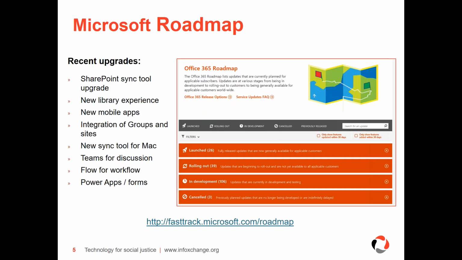Microsoft have a roadmap that they publish on all of the development activities that they're working on to improve Office 365. We've had some great upgrades in the last 12 to 18 months, and it's on a continuous improvement cycle. There are releases typically now fortnightly. We're getting new features and products released into the suite, so it's continually improving. And as you can see from the roadmap, Microsoft keep us up to date with what's going on.